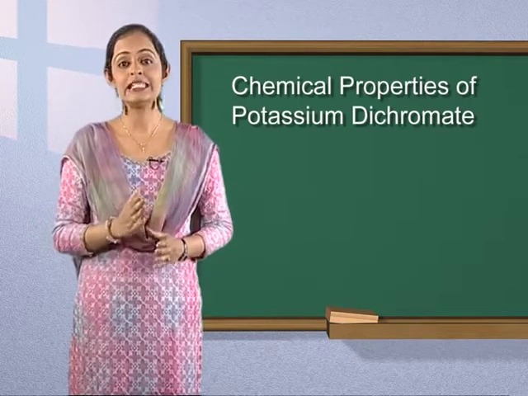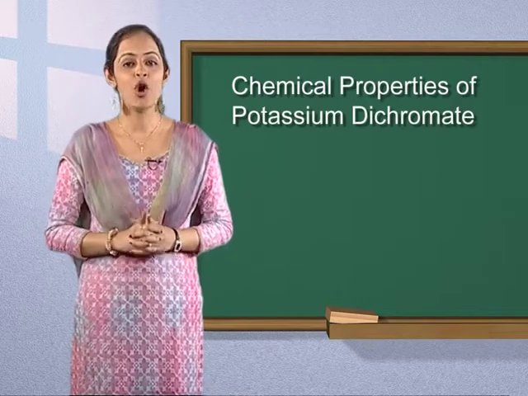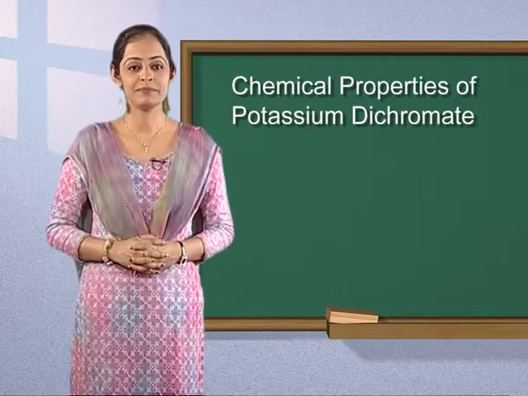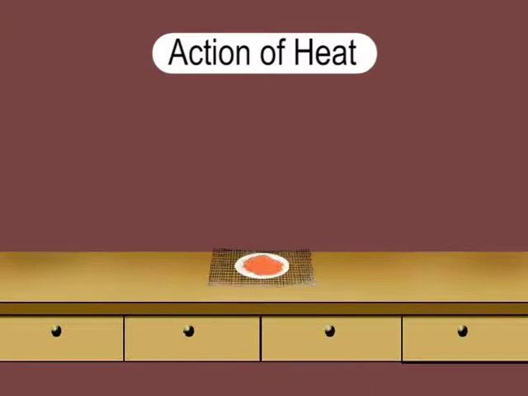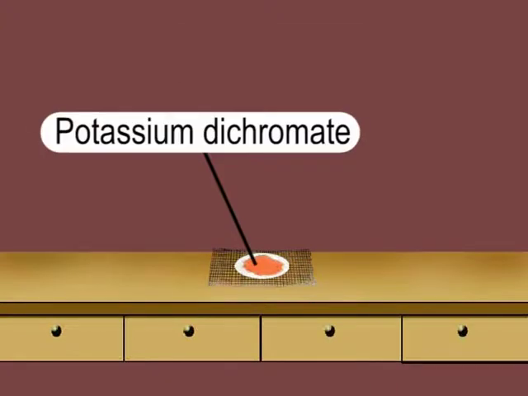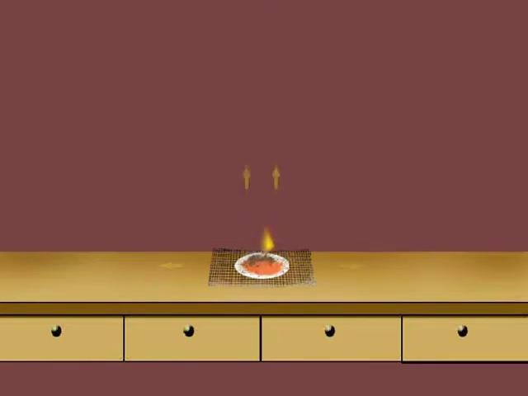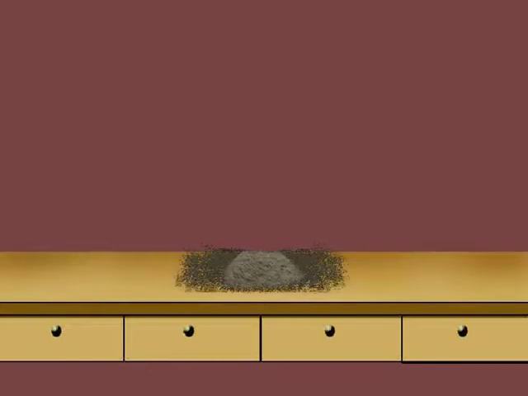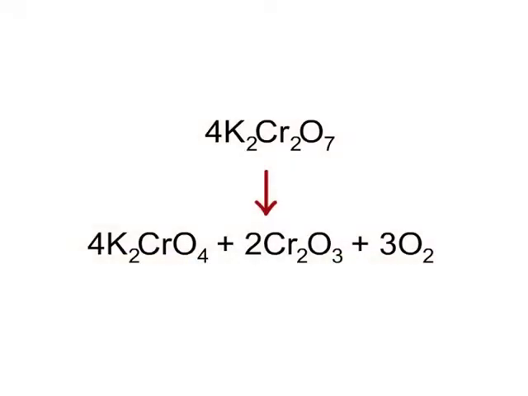Firstly, let us see the action of heat on potassium dichromate. Action of heat. When potassium dichromate is heated on wire gauze, it changes to potassium chromate and chromium oxide, and oxygen gas is also evolved during the reaction. The relevant chemical equation can be written as: